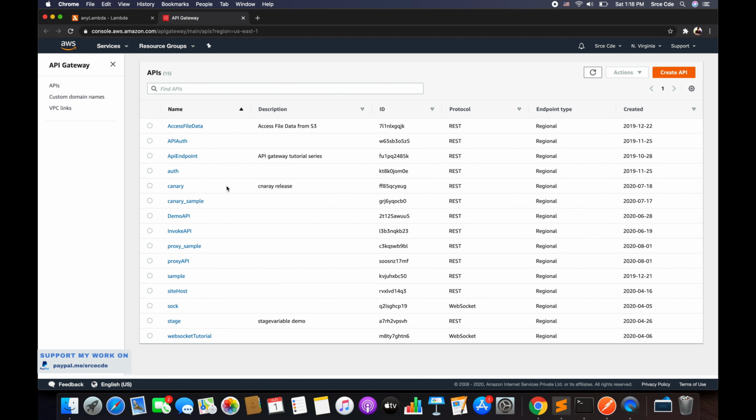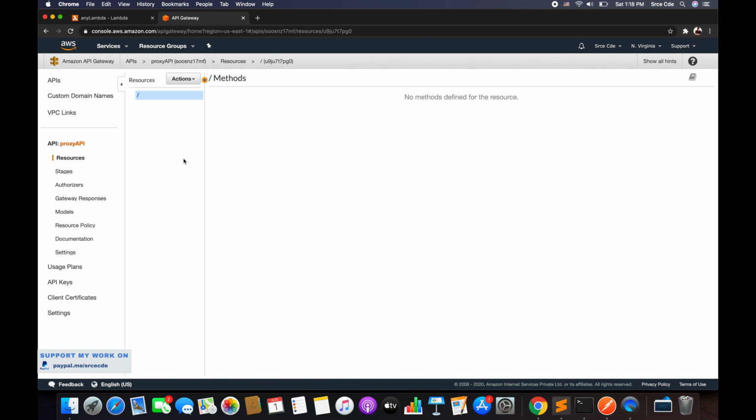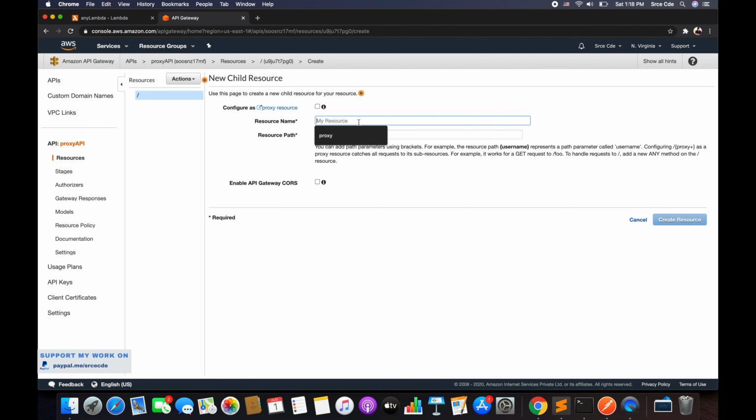Now within API Gateway, you can create a new API endpoint and then create a resource, but I'm going to create a resource within this proxy API endpoint. Once you have created the API endpoint, or if you're using an existing API, click on Resources from the left panel. Then click on Action, say Create resource. I will simply give some dummy name here. I will say invoke, for example, and I will say Create resource.